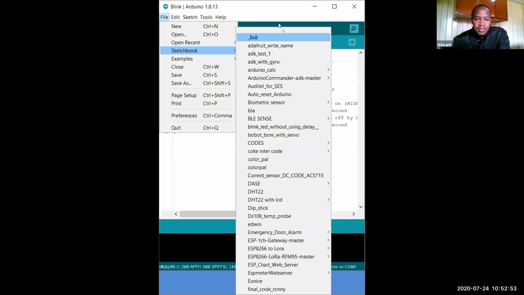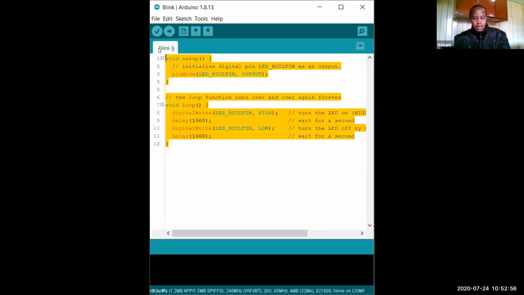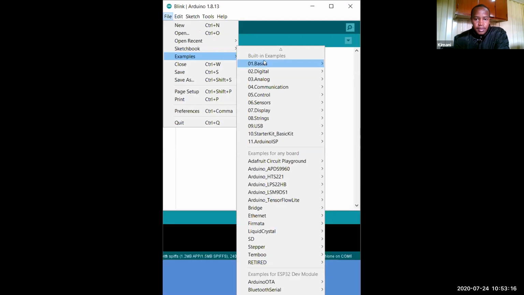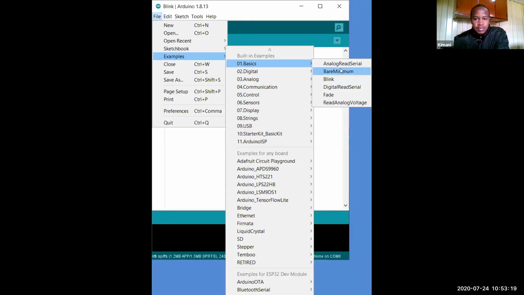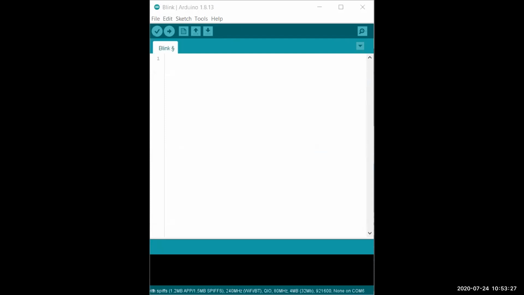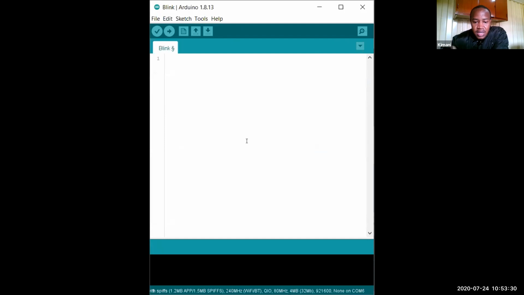Open it and, did everyone install this? I think we had shared it. So make sure you just open this window and let's have a look at it. So this is the Arduino app. So for us to be able to program,